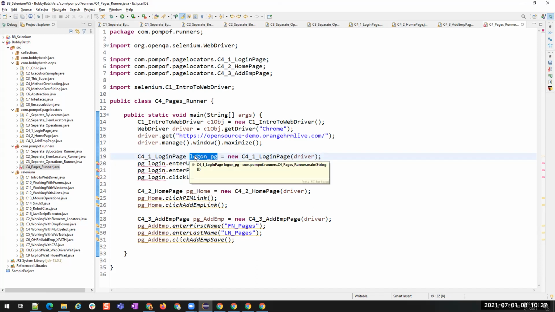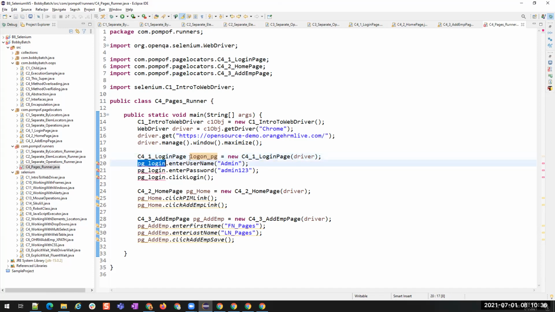In each class, you'll have a separate name. So this will create issues with all the people. Whoever is working on it, they'll get confused. What is this PG login and what is this? Is it separate pages or is it the same page? Right? So to avoid those unnecessary confusions, what we will do is we will add an extra layer to this. What is that extra layer? Let me open my